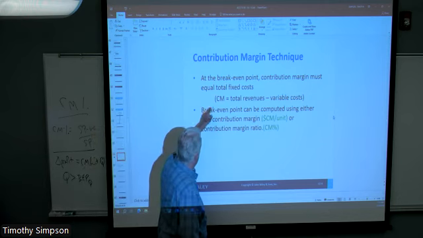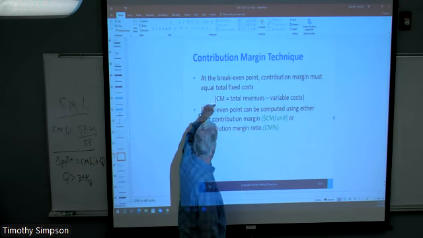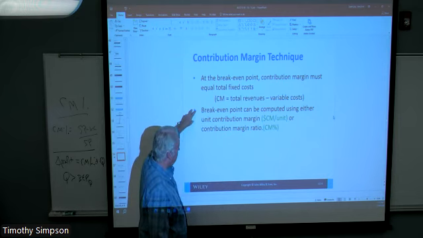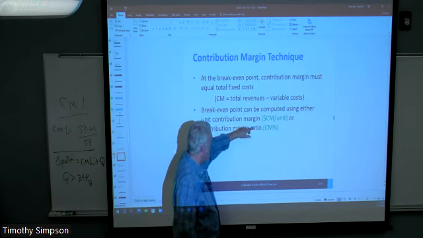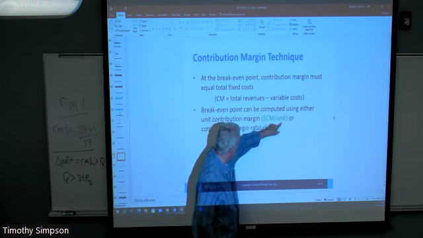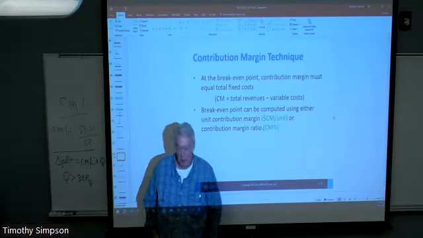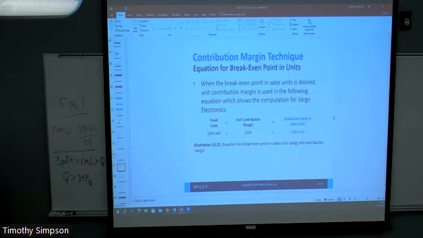If contribution margin is sales minus variable cost, then total revenues minus variable cost is contribution margin, right? That's what we're saying. So the break-even point, which is the zero net income proposition, can be computed either using the contribution margin in terms of dollars per unit, contribution margin dollars over the contribution margin per unit, or as a contribution margin ratio, which we got to earlier in the Vargo example. It was 40%. So when the break-even point in sales is desired,